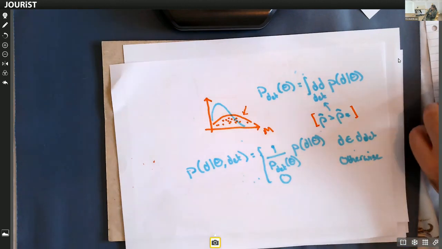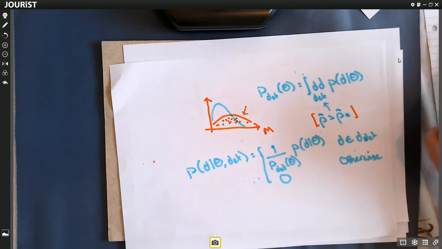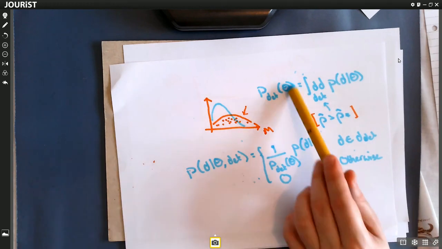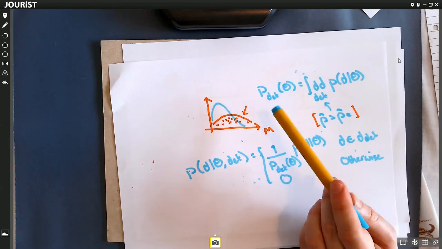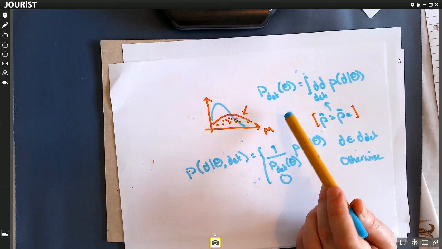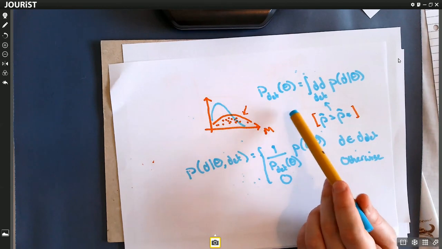Another question is, do we expect p(det) of theta to change a lot from one observing run to another observing run? Excellent question. We do expect it to change. How much it changes depends on a couple of factors. It depends on the sensitivity of our detectors. For example, as we get improved lower frequency sensitivity, we would expect P-det to increase for low mass systems, high mass systems, lower frequency systems.